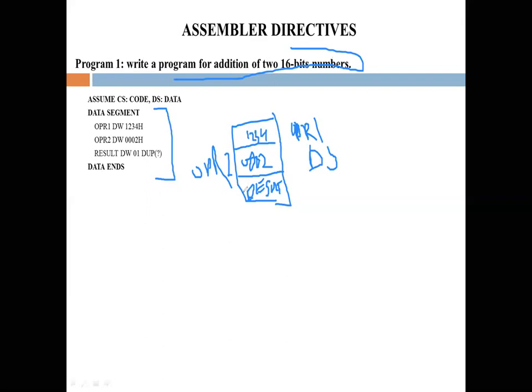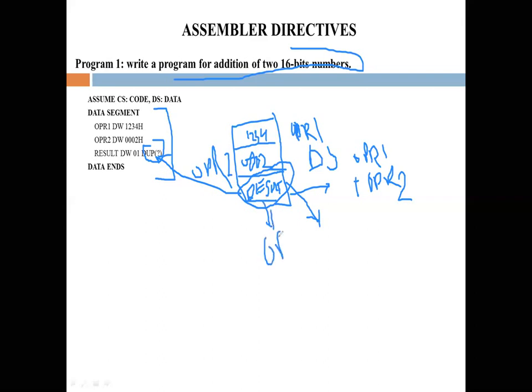So we leave it uninitialized by the directive DUP. It is called duplicate. It will store the result of addition of operand 1 plus operand 2. Since we don't know the address of this result, we have to find the offset value of the memory location where the result is stored.